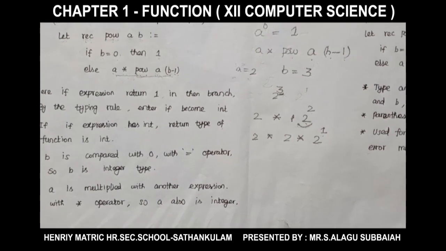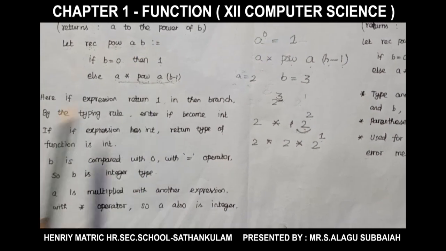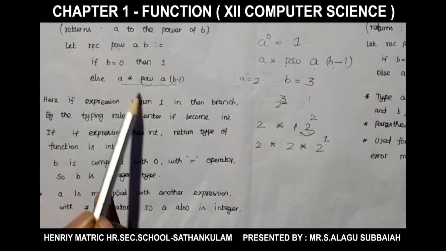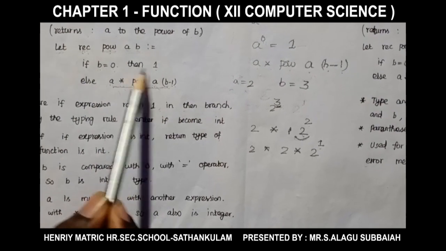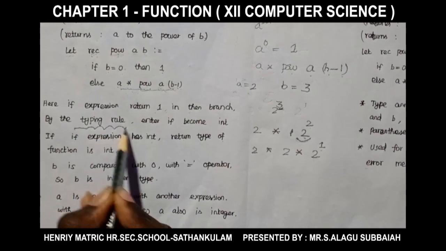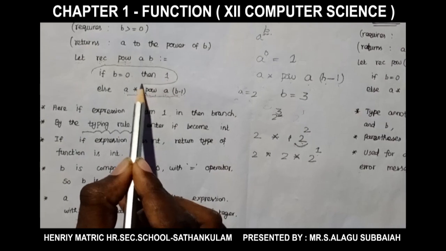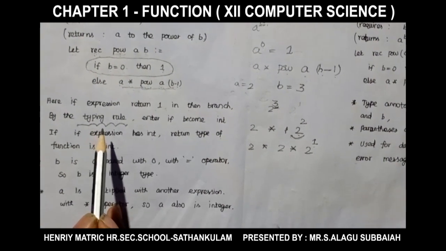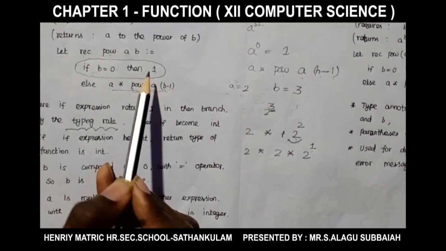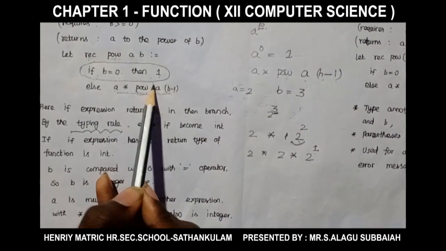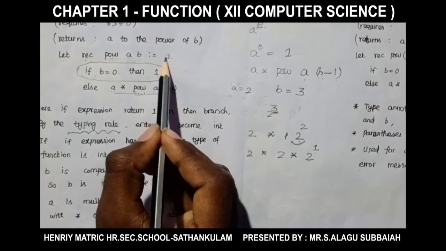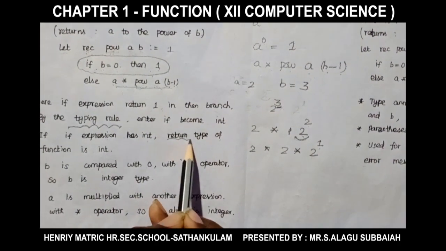Now we discuss the data types of a and b. Here we see the if expression returns 1 in the then branch. So by the typing rule, the entire if expression becomes integer type. So if the if expression is integer type, it means the function's return type, the output of the function, is also